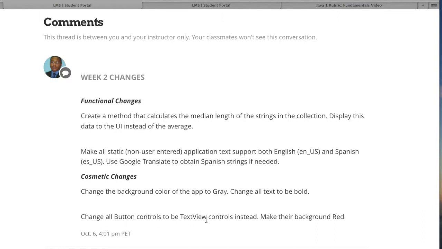All button controls changed to text view controls instead, that was done. Change background color to gray, that's done. Change all text to bold, that was done. Make all static non-user application text support both English and Spanish, that was done. And this I was not able to complete, but hopefully I will get it working. Other than that,